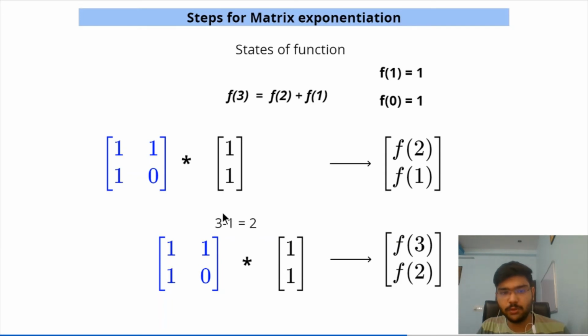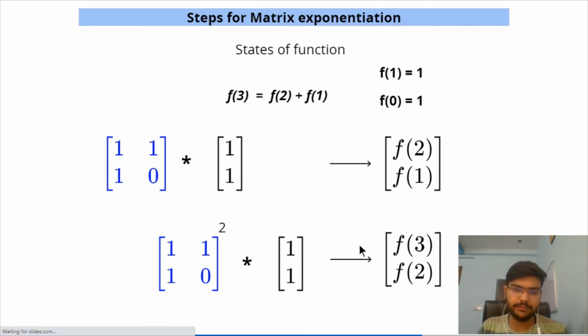So what we will do, for generalizing the equation, we'll exponentiate it n minus 1 times. So suppose we are calculating for f of n, then n minus 1 times we'll exponentiate it, right? So if we are calculating for f of 3, then 3 minus 1, that is 2 times we'll exponentiate it and multiply this with the base condition, that is 1 and 1 in this matrix, and we'll get the answer f of 3. All right, so we'll exponentiate it 2 times and then multiply with this particular base condition to get the answer of f of 3, which we want.